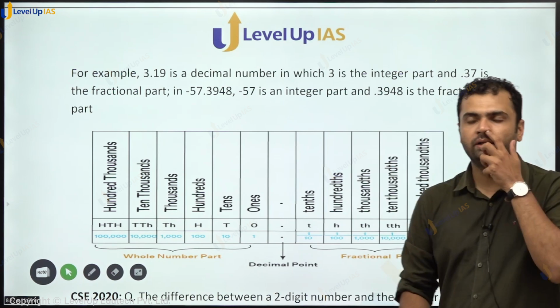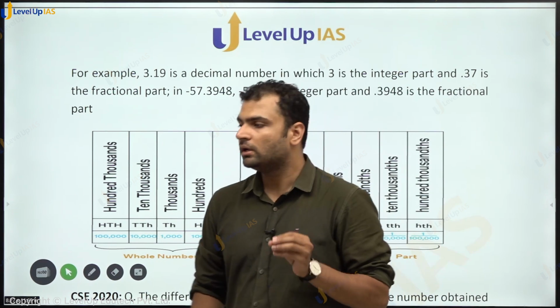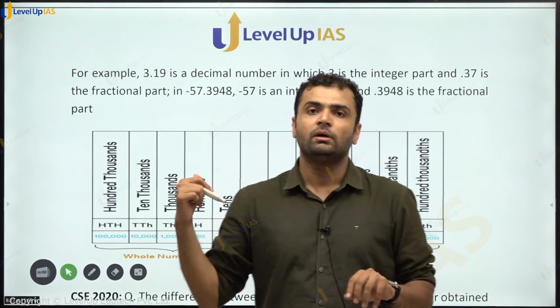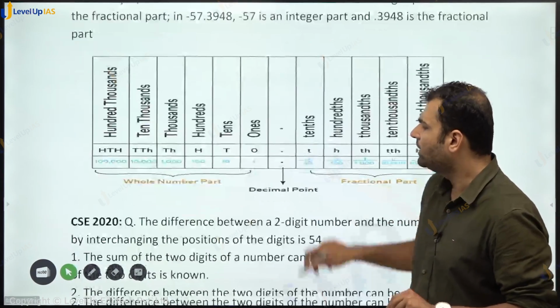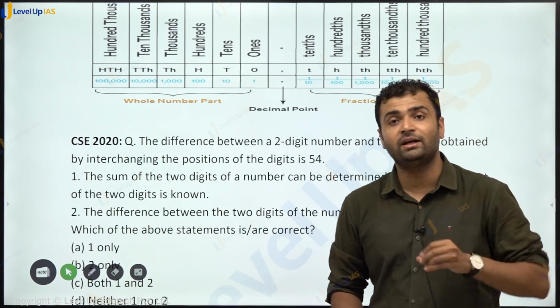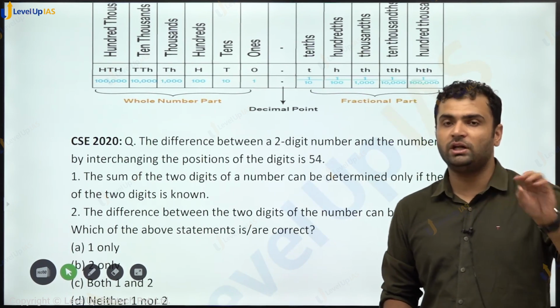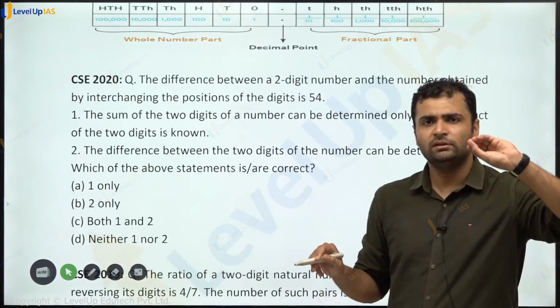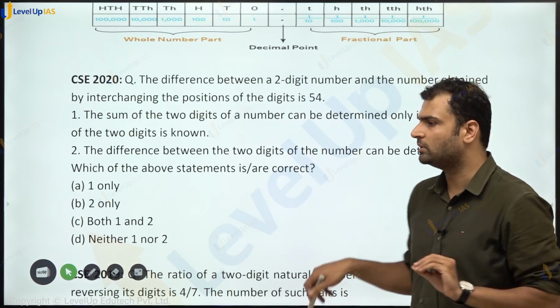There are very simple but repeatedly asked questions on this chapter of place values, which we'll cover. You'll get the idea of how to solve anything based on place values, and how to identify that you have to solve a question based on place values. There are very important and simple identifiers that tell you to solve it by the place value system.